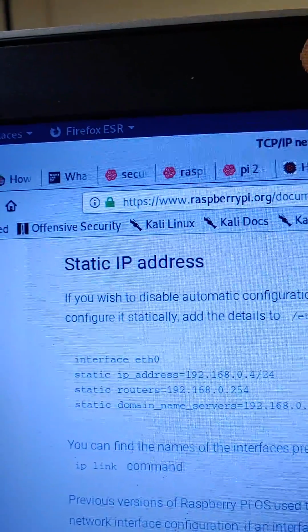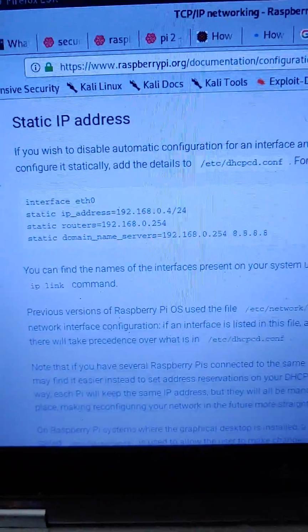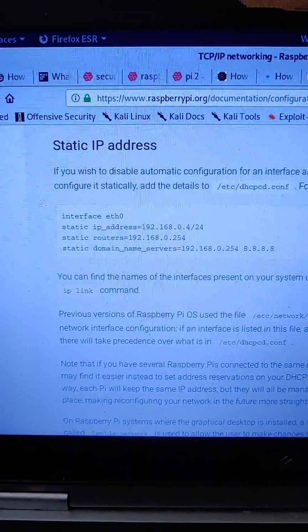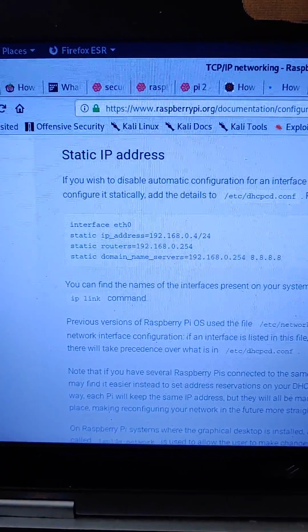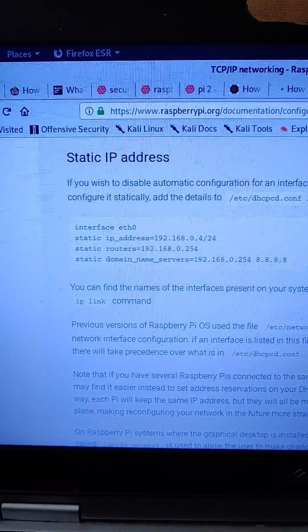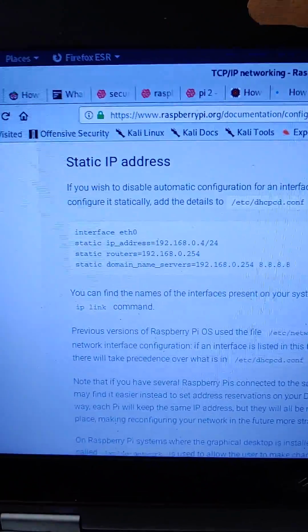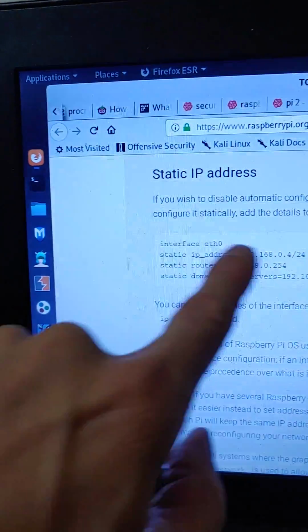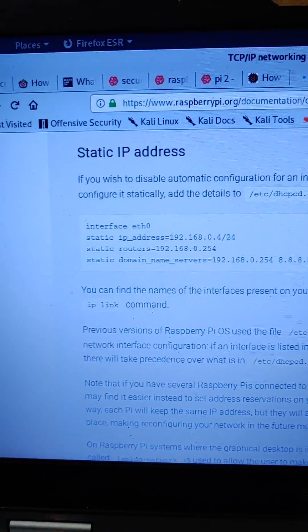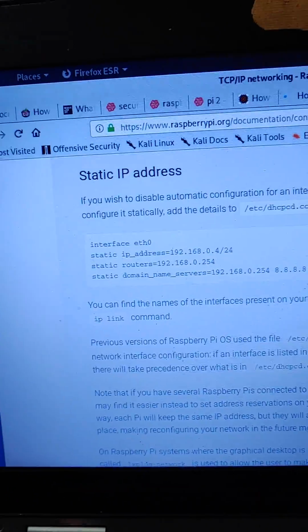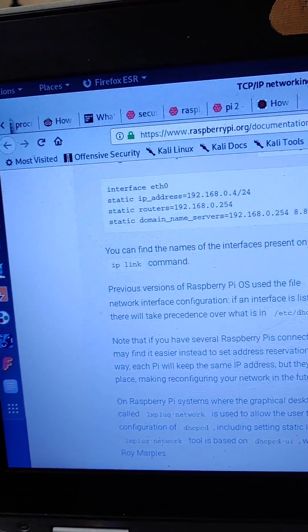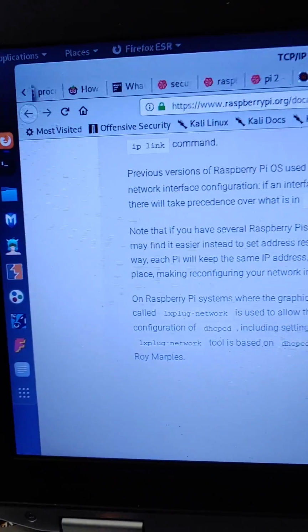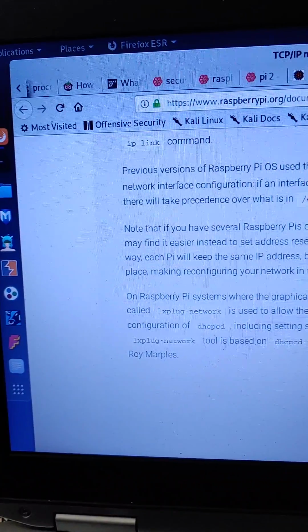Okay, it says, if you wish to disable automatic configuration for an interface and instead configure it statically, add the details to /etc/dhcpcd.conf. For example, interface eth0, static IP address, static routers, static domain name servers, lots of numbers. You can find the names of the interfaces present on your system using the ip link command. Previous versions of Raspberry Pi OS use the file network interfaces. If an interface is listed in this file,